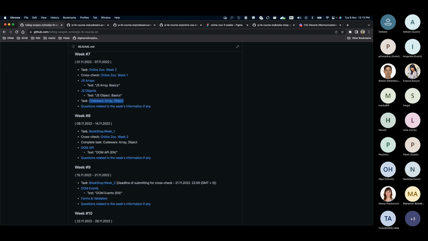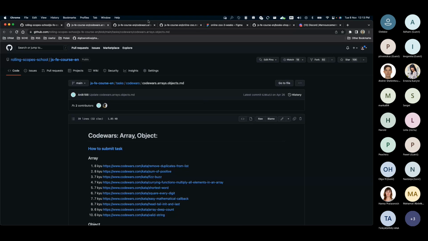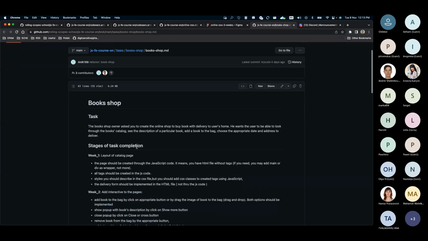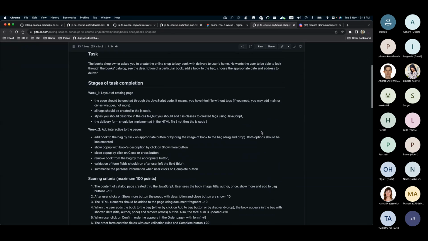So let's run through the questions from the chat. They're asking, should we have an HTML boilerplate in the HTML file? So your HTML file is used for including all your source code to the page, which is the CSS and JavaScript.